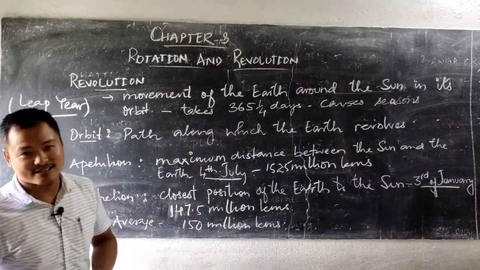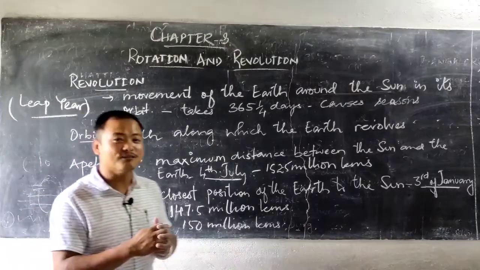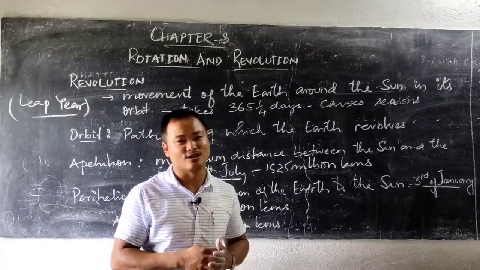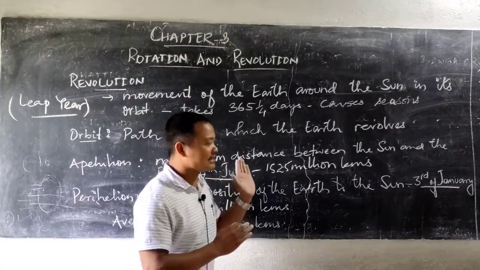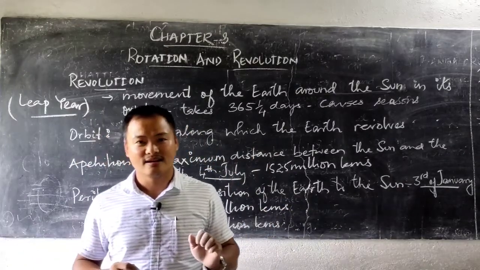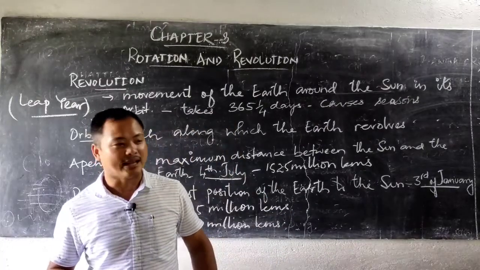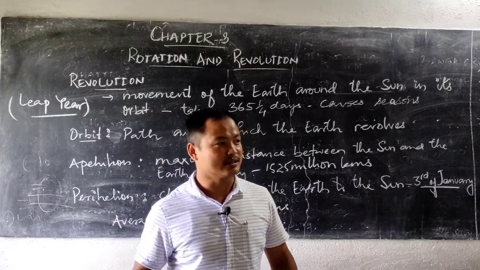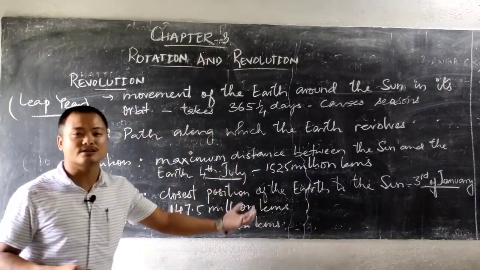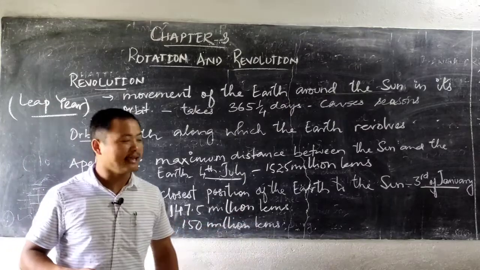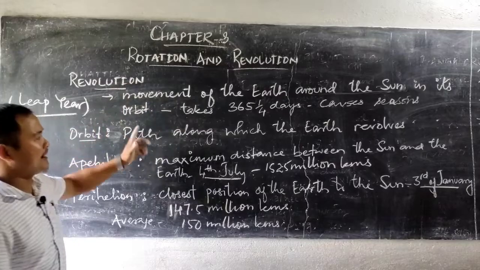To answer this, you will very easily find that this is happening because of the inclination of the earth's axis. Like in rotation, we discussed that the axis is inclined. It's inclined at 66.5 degrees to its orbital plane and only 23.5 degrees to its vertical plane. Further, we will discuss the topic of the inclination of the earth's axis.